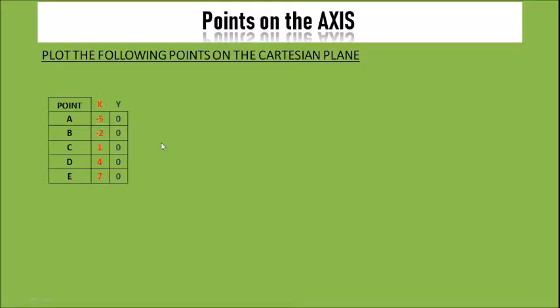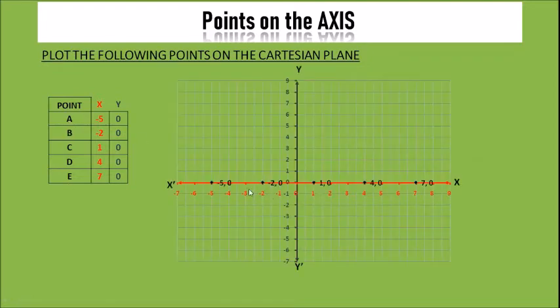Let us look at certain points that we will plot on the axis. So I invite you to do this question. Plot the following points on the Cartesian plane. Now, the moment you hear the word Cartesian plane, you have to take a graph, make the x-axis and the y-axis. Please do that. Label the axis and plot these points one by one, all the 5 points. For convenience, we have named the points as A, B, C, D, E.